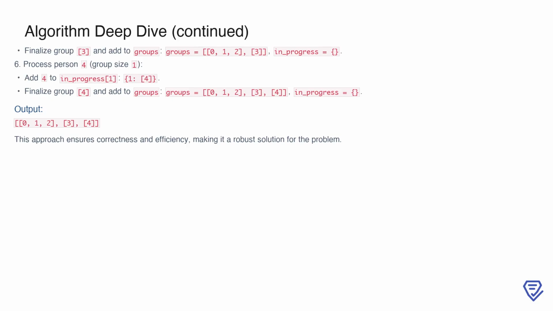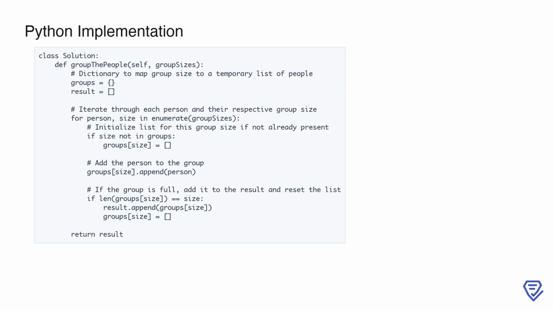achieve an optimal solution. This solution tackles the problem by using a dictionary to group people based on their group sizes. The dictionary, groups, maps each group size to a list that temporarily holds the people belonging to that group size. The result list stores the final groups once they are complete. The code loops over each person, enumerate group sizes, where person is the index and size is the group size of that person. If the group size is not already in the dictionary, it initializes an empty list for that